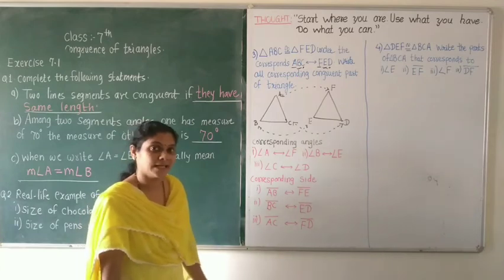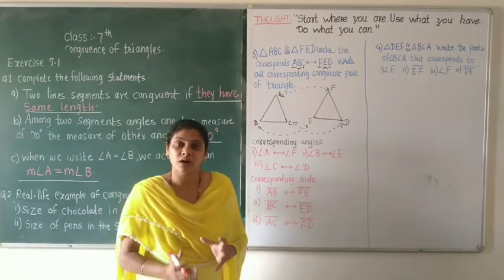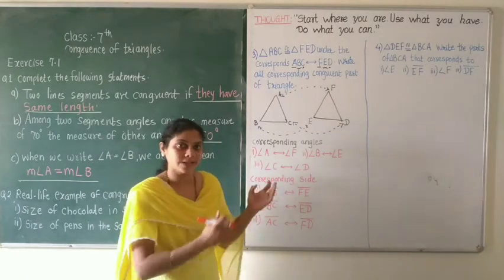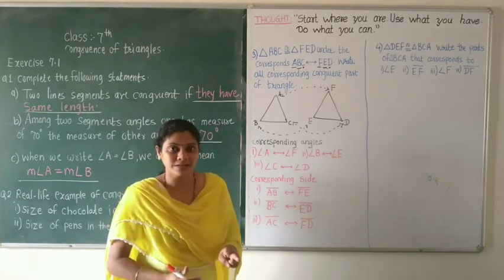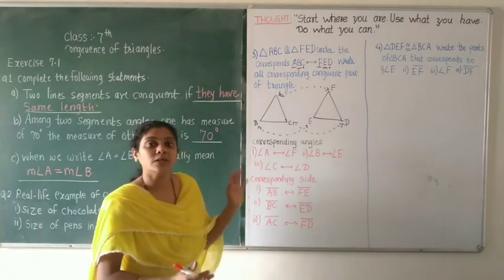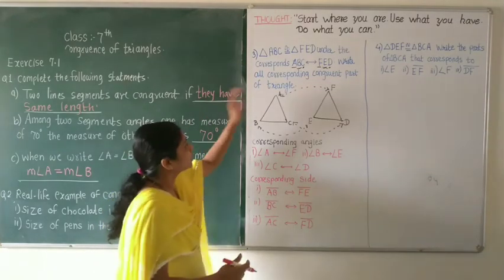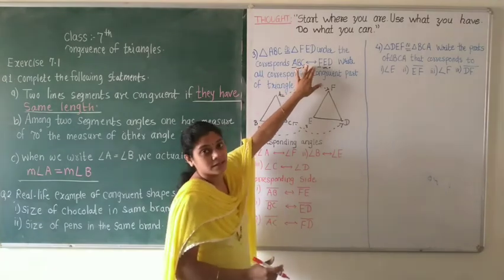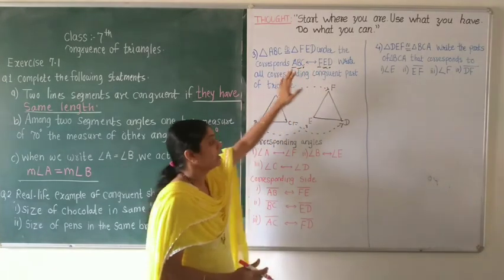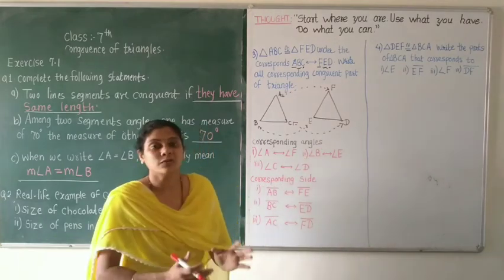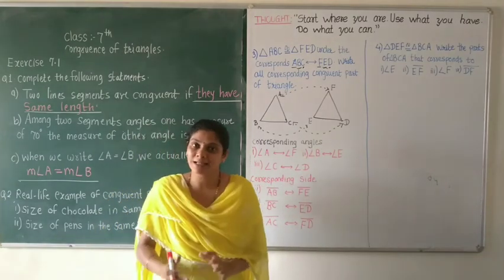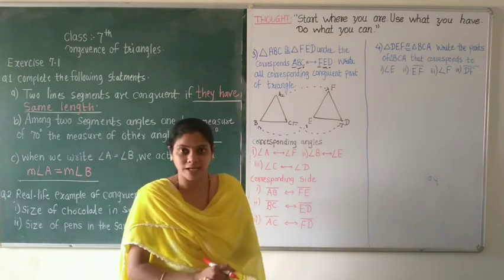Okay, is it easy? So what do we have to do while solving such problems? We have to draw first of all 2 triangles, and we have to give their names. And according to the given corresponding way, we have to draw a dotted line. So it will be easy to find out the corresponding angles and sides of the given triangles.